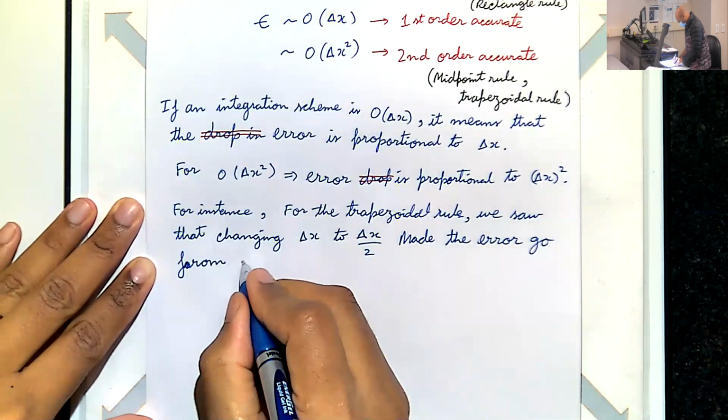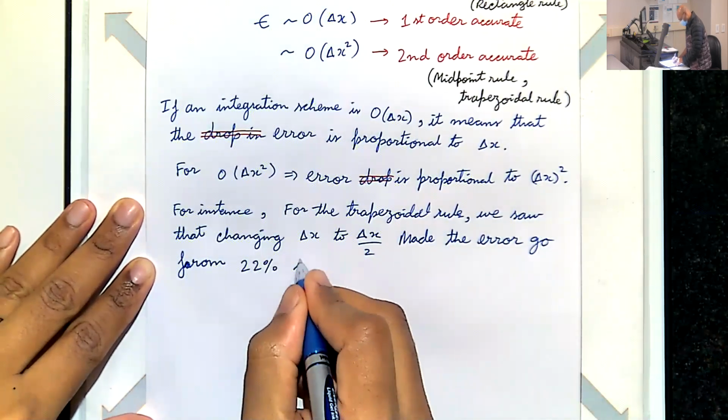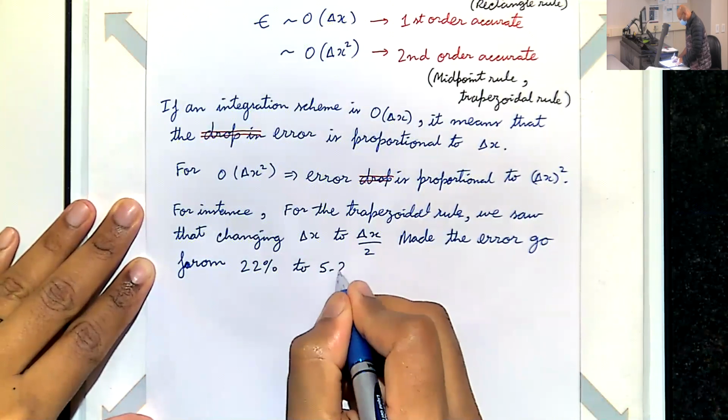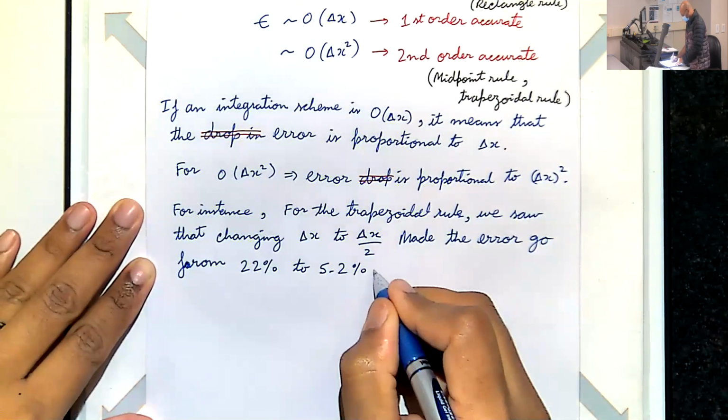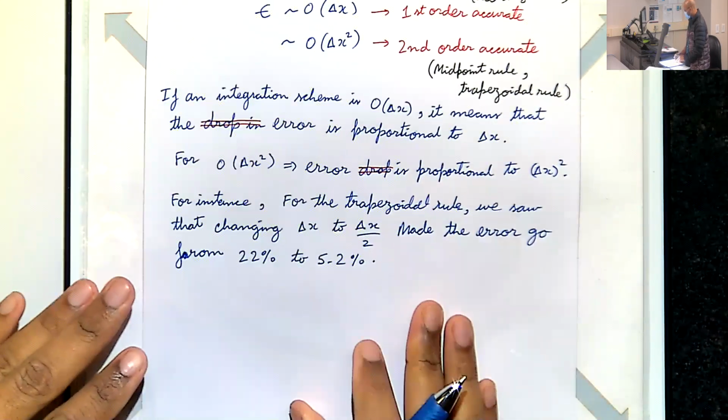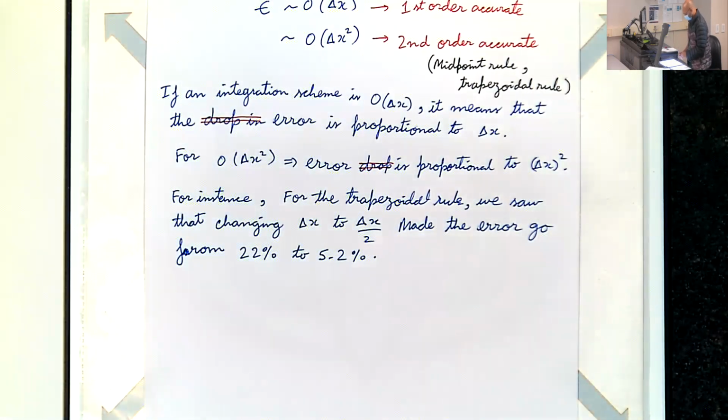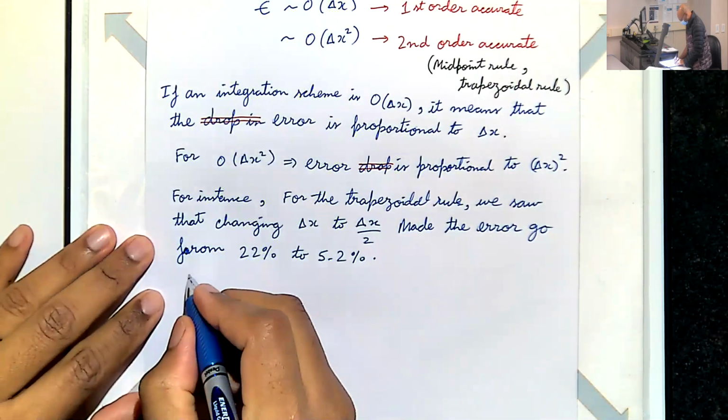Yeah, 22% to 5.2%. Okay, this happens because